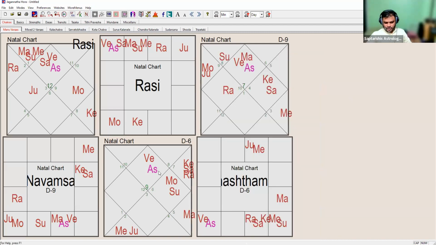Lagna is Sagittarius, and Venus. For every Varga, Lagna is important. Yes. So here it is a Pisces Lagna, and in D6 it goes to Sagittarius with Venus. You can see here Sagittarius is falling in the 10th house, where Moon is located. Venus is also there. Again, Venus is coming into the picture. It means something serious with the 8th house. This is for sure. Till now, we have seen this.